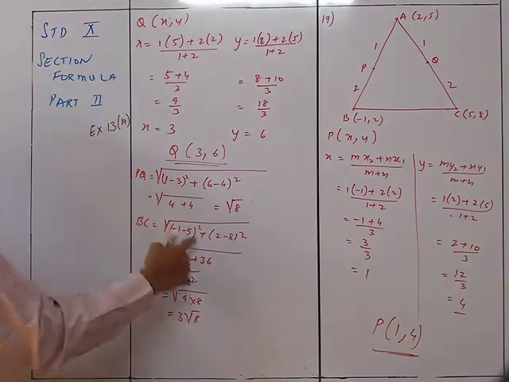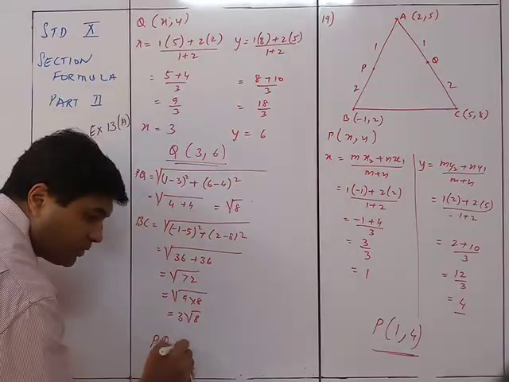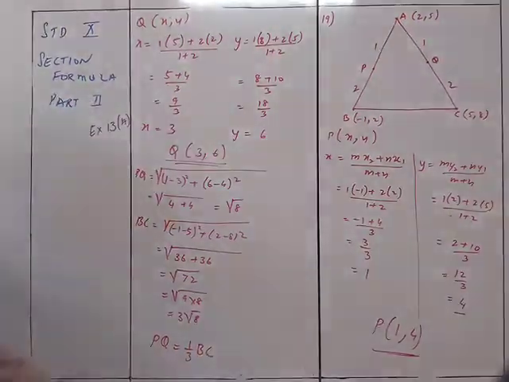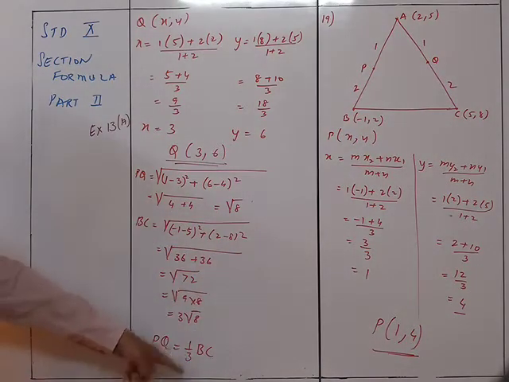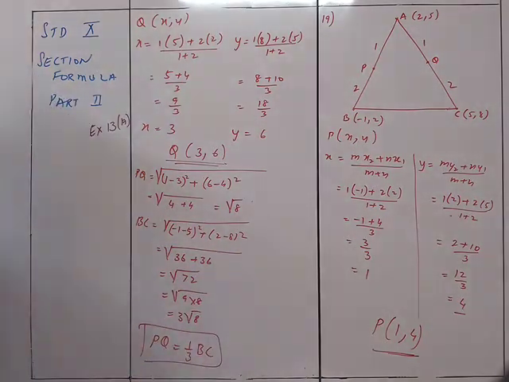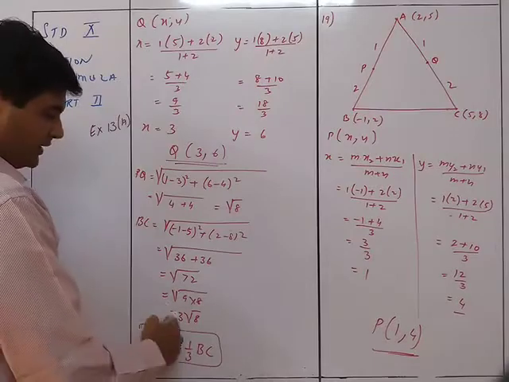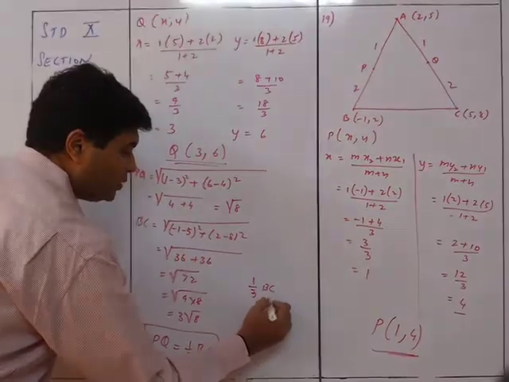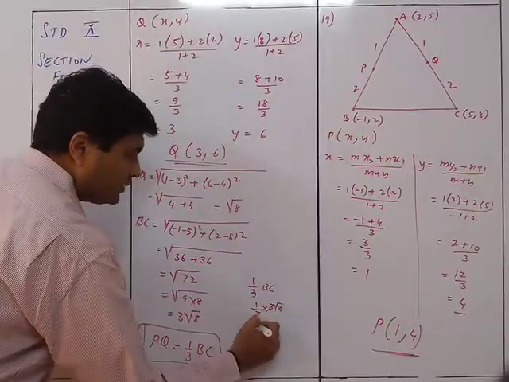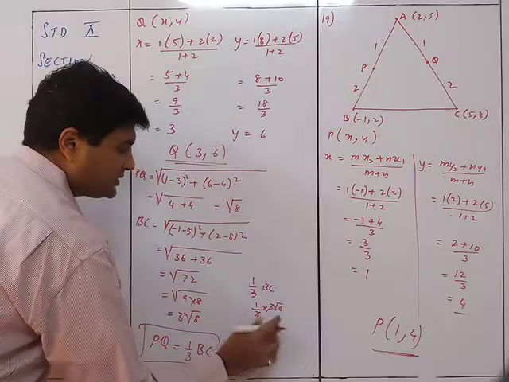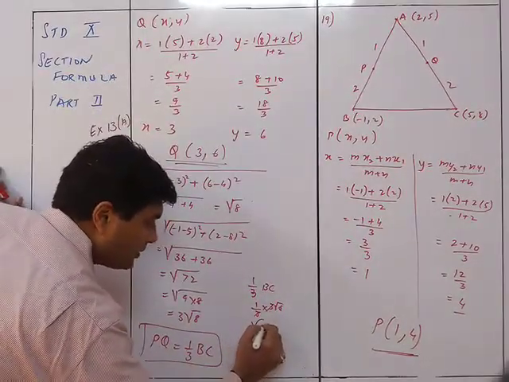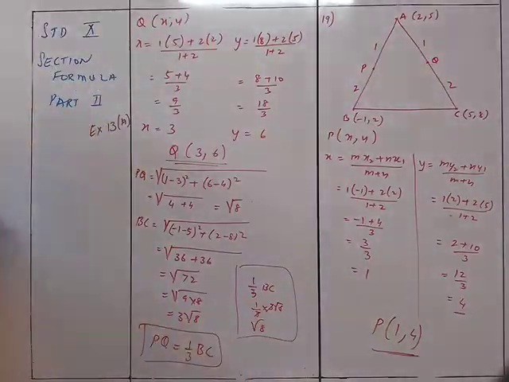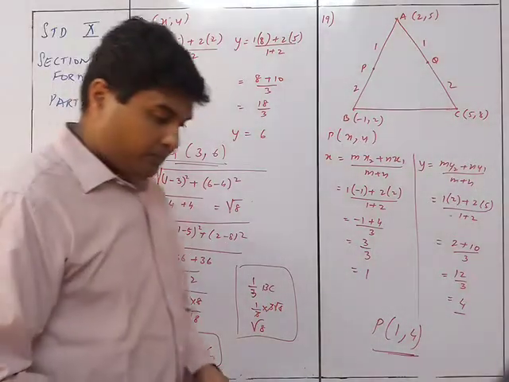So you can see over here that PQ is equal to 1/3 BC, because 1/3 of BC is nothing but root 8. Root 8, root 8. So PQ is equal to 1/3 BC. Got it? What is 1/3 BC? 1/3 BC is equal to 1 upon 3 into 3 root 8. So that will be root 8, this will be root 8. So that's how I am getting the value as PQ is equal to 1/3 root 8. Okay. So that was sum number 19.